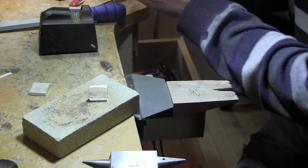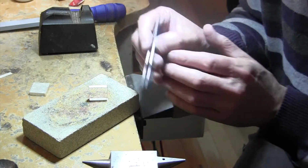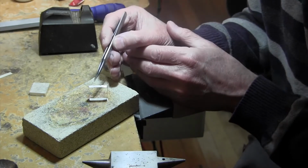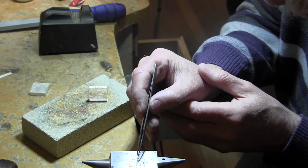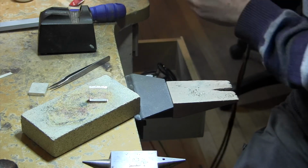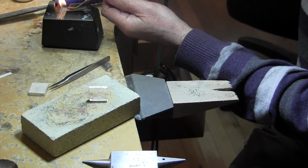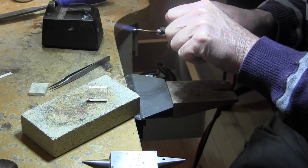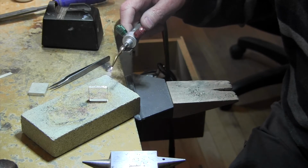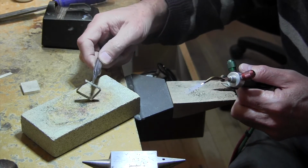So we're going to flux this, put on a couple solder chips that are easy flow. Now these solder chips are also going to make it a little tighter, so we're going to have to maybe sand it down a little bit, or just squeeze it in there. So all I want to do is just flow this just a little bit. Yeah, that's perfect. Now they look like blobs, and they are blobs, but